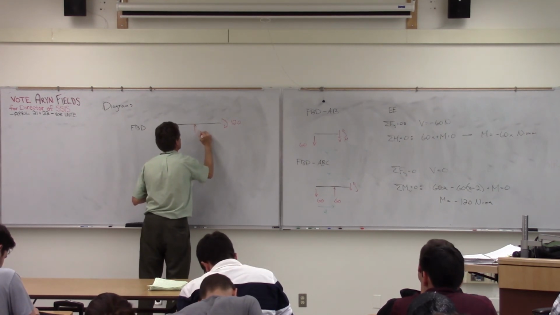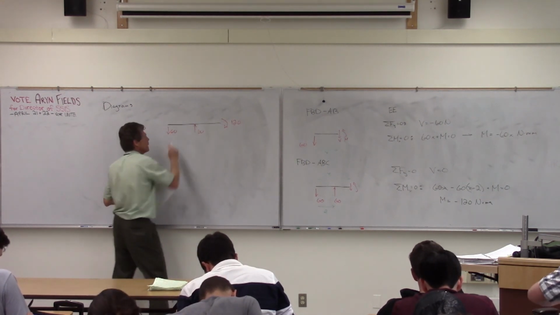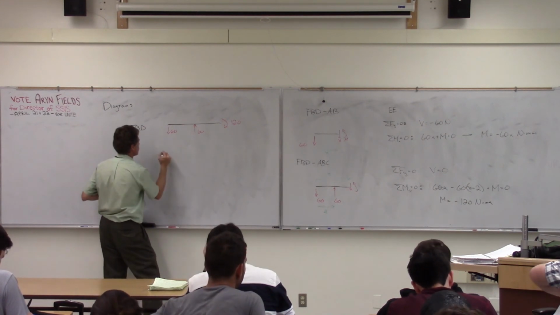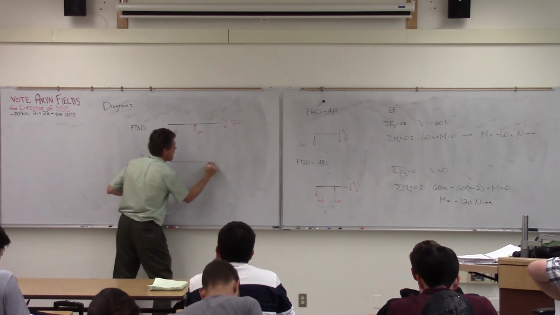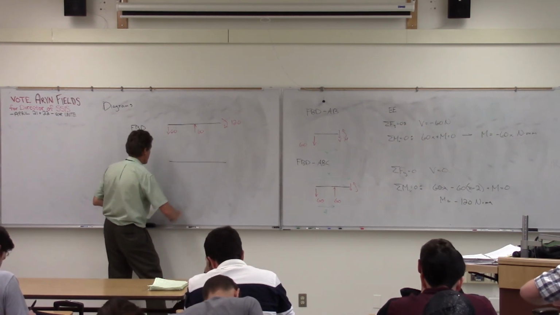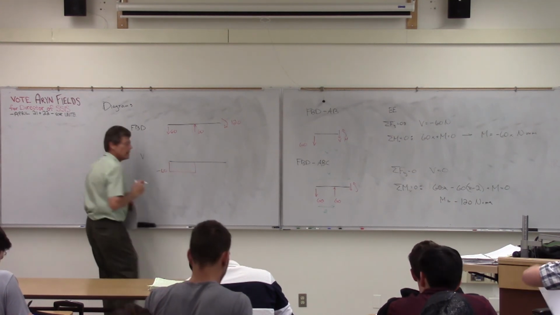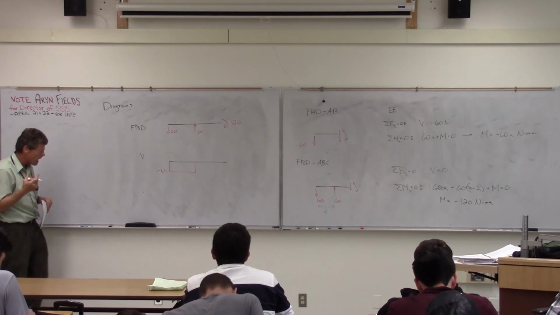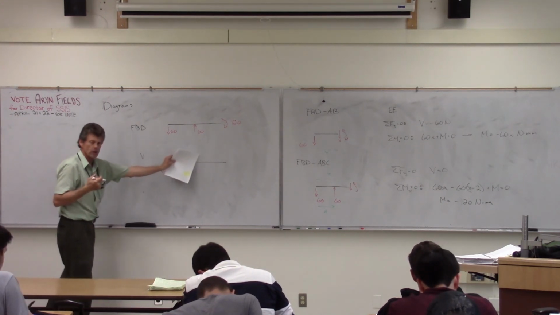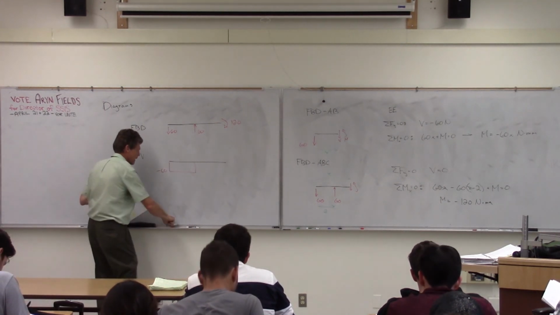I'm hurrying. Okay, my free body diagram looks like so. My shear diagram looks like that. So if there's only shear in this portion here, nothing in that portion,